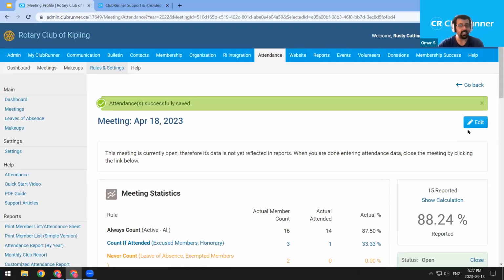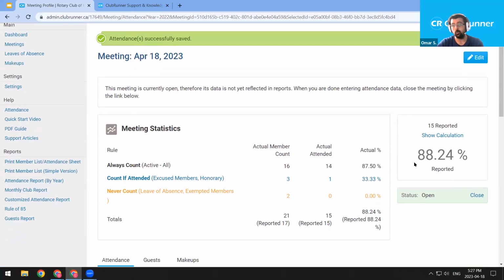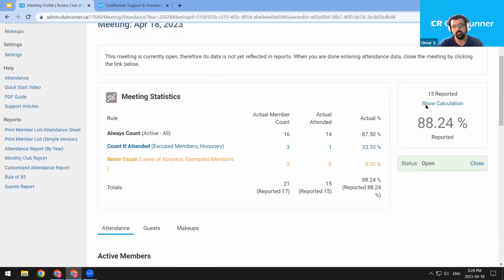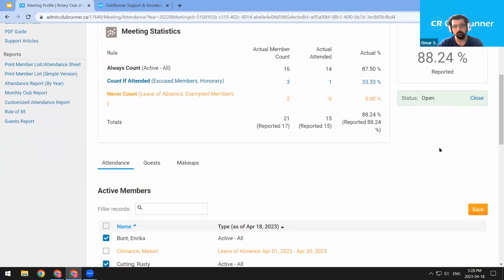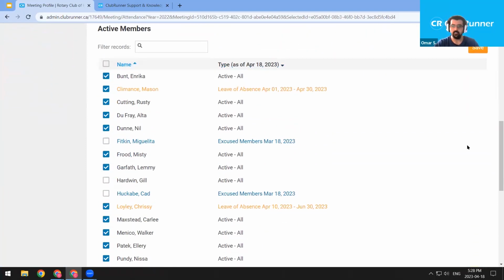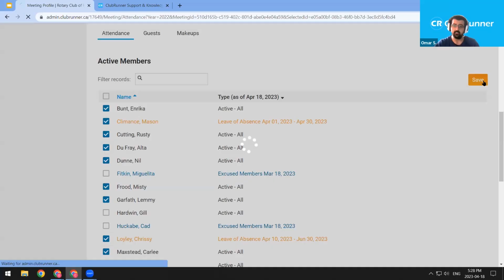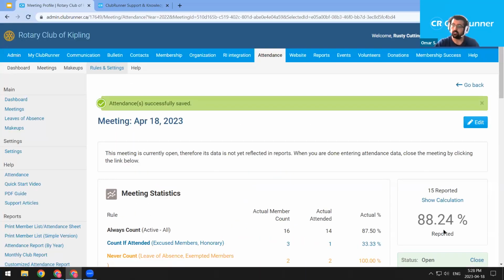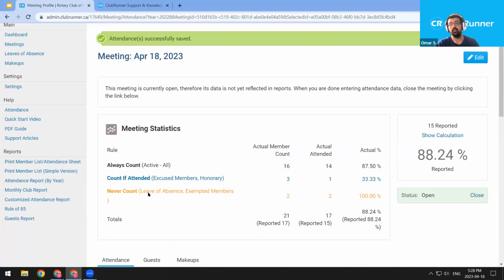There we are, and now it's saved, and we can see that the attendance score has gone from 0 to 88.24. We still have yet to close the meeting, so it won't appear in reports, but just to show that if we say Mason attended the meeting, and if Chrissy attended the meeting, and then we go to save again, the score does not change because they're in that leave of absence never count group, as well as the exempted